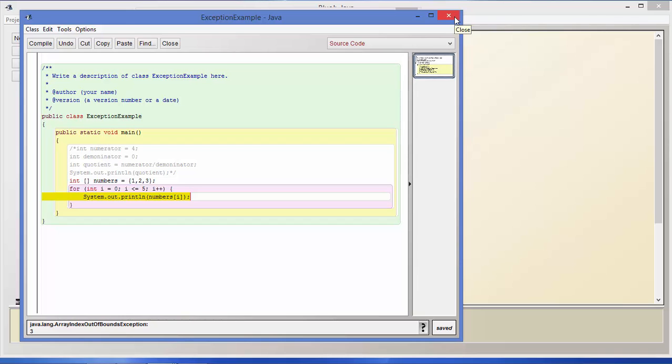So exceptions can be problems, and we don't ever want our programs to crash like this. So what we need to do is learn how to handle exceptions. And that's what we're going to look at in the next lesson, where we're going to talk about how to handle exceptions when they're